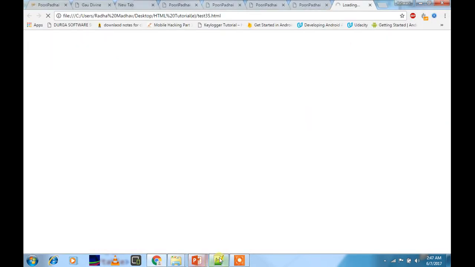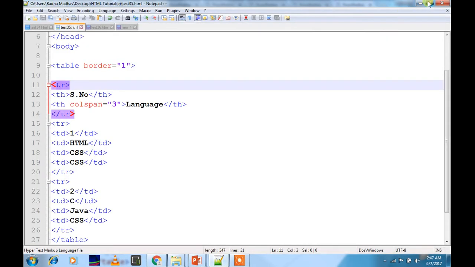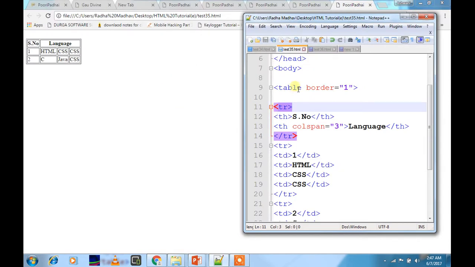Now here learners, you might be able to understand much more clearly. The very first is table border 1, that's why borders are there. In the first row we have the table heading SR number, which you can see over here. Then we have given language, and it has been expanded in the colspan 3. So colspan means column-wise we have to span ourselves, we have to expand ourselves till the number of